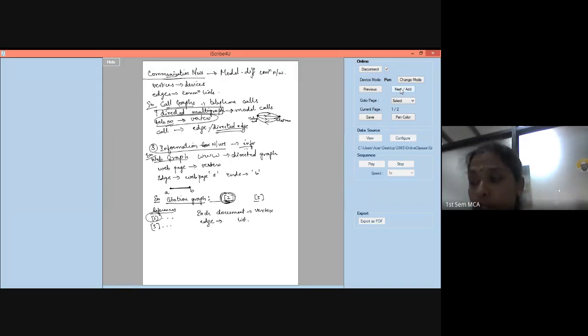A citation graph is always a directed graph. There are no loops because you cannot cite your own self. I mean, that we are not considering here. We can do that anyway. So a citation graph is actually a directed graph without loops or multiple edges. Loops and multiple edges are not there in the case of a direct citation graph.